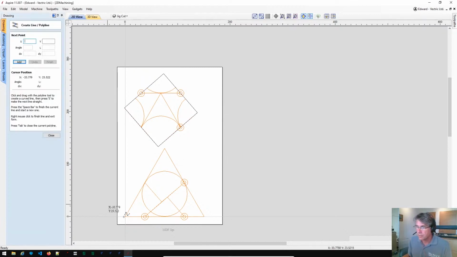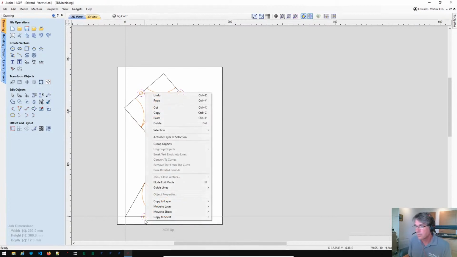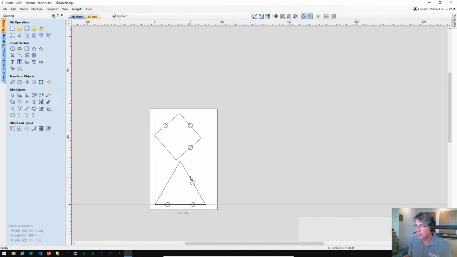Similarly now I can sketch out the triangle again. Like I said, there's various ways you could do this, but I find that's just as easy as anything. And then we're going to copy across these outer circles into that new layer as well. So we're going to copy those to the jig cut layer. And now here we can just turn off everything apart from that layer, and it should look plausible, which it does. And then I can pick up each of these, let's just group select those, and we can just knock out